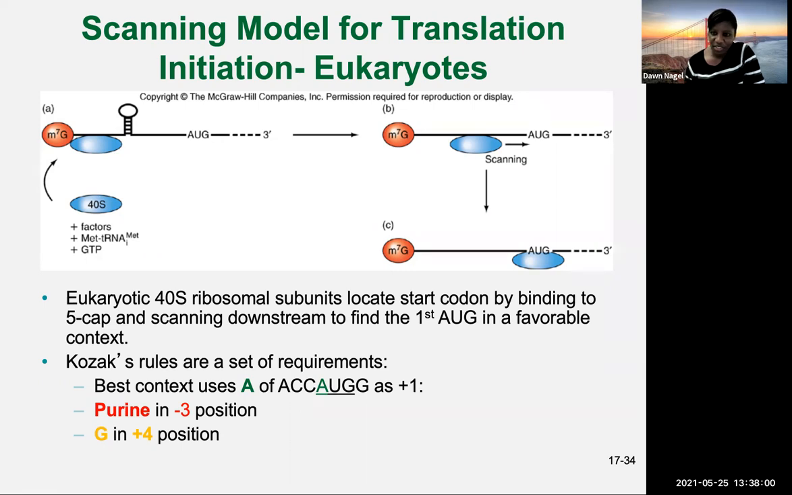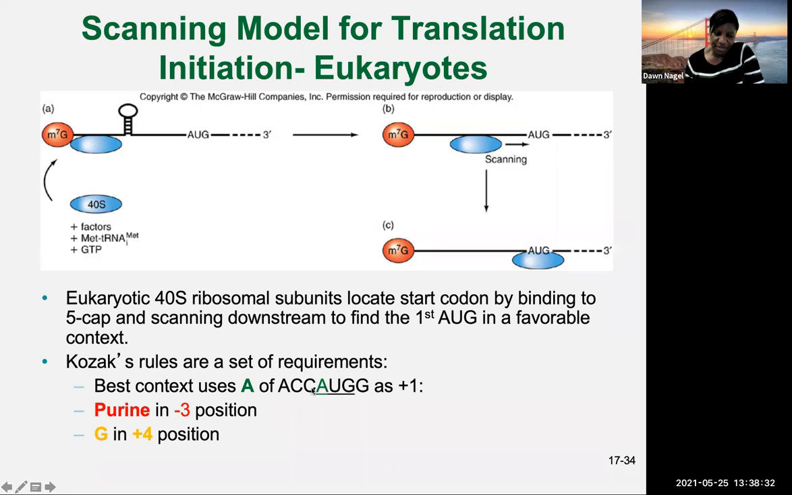And what they found was that there are certain rules for this AUG. These rules are referred to as the Kozak rules, after the scientist who discovered them in the 70s. These rules are really just a set of requirements. What they found to help favor the start of translation, at that first AUG, is that you have your first AUG, and